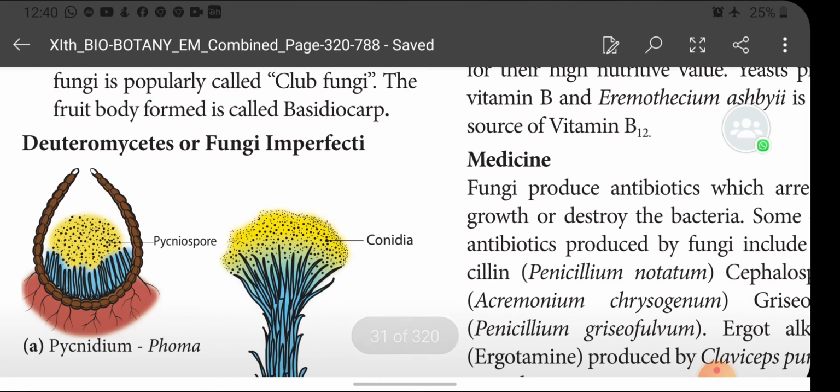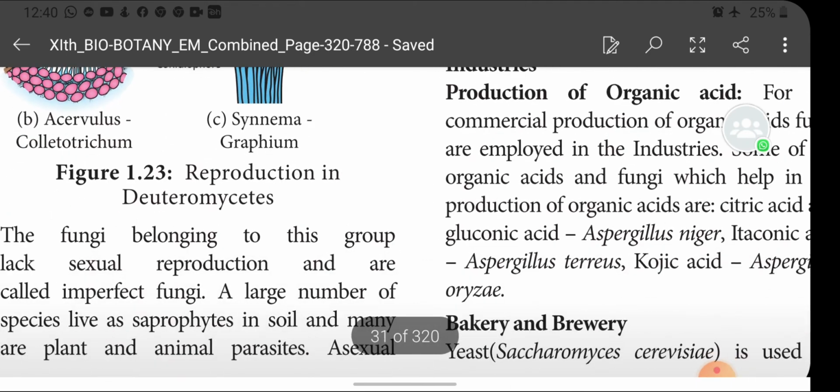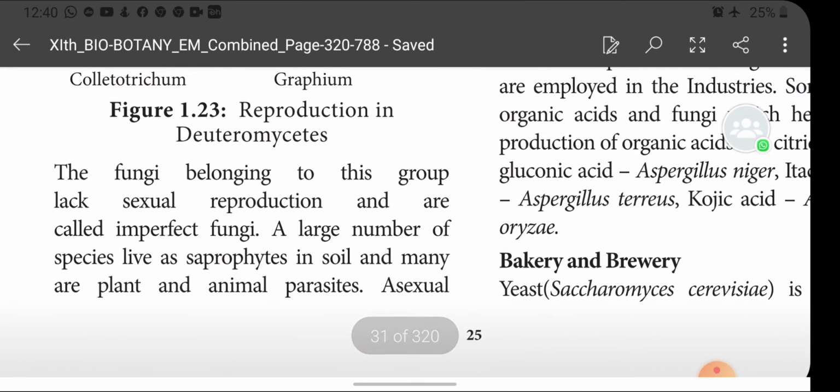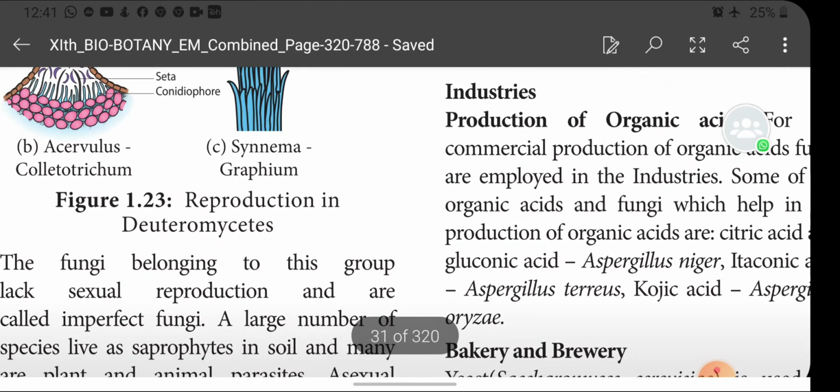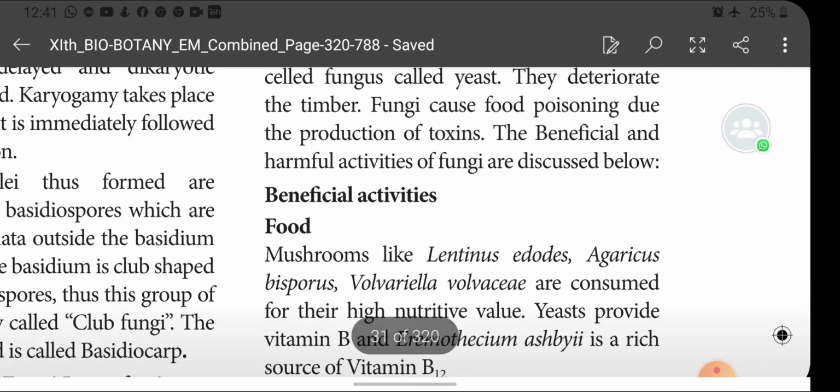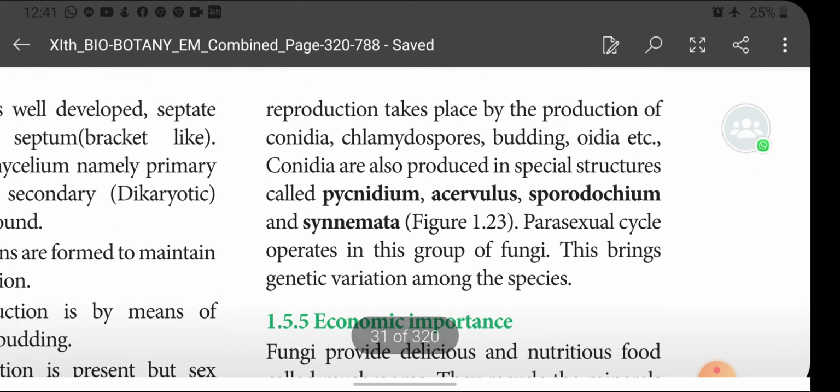Deuteromycetes or fungi imperfecti. The fungi belonging to this group lack sexual reproduction and are called imperfect fungi. So since it lacks sexual reproduction, it is called imperfect fungi. A large number of species live as saprophytes in soil, and many are plant and animal parasites. And asexual reproduction